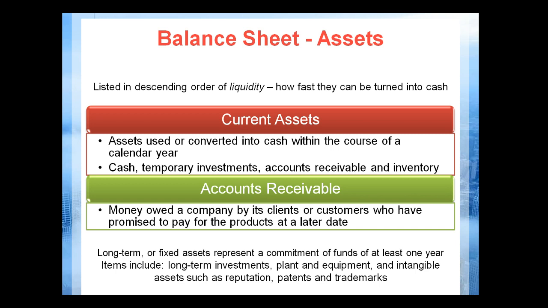What's going to be shown next possibly is going to be accounts receivable, simply because accounts receivable can be converted to cash within 20 to 30 days. Long-term assets, like cars and equipment, take longer to convert to cash because you have to sell those assets and you may not get the full value. It may take weeks, it may take months, it may take years, depending on how long that asset can be converted to cash. Therefore, long-term assets are going to be shown at the bottom of the assets on your balance sheet.